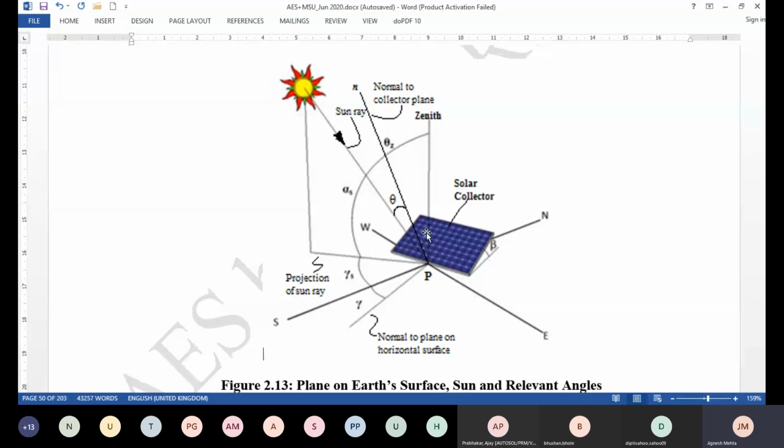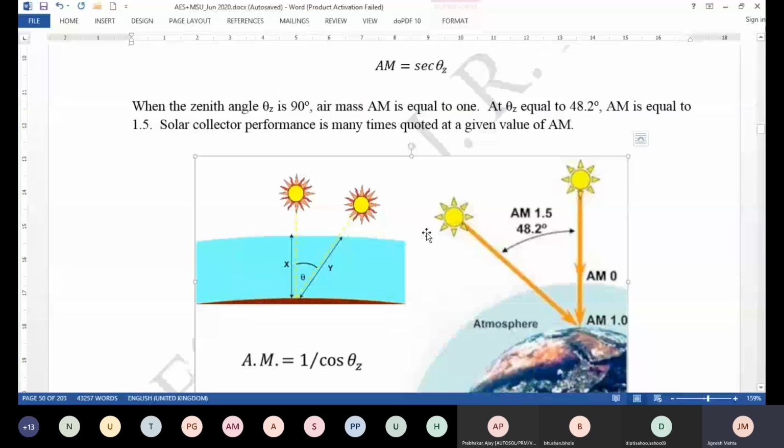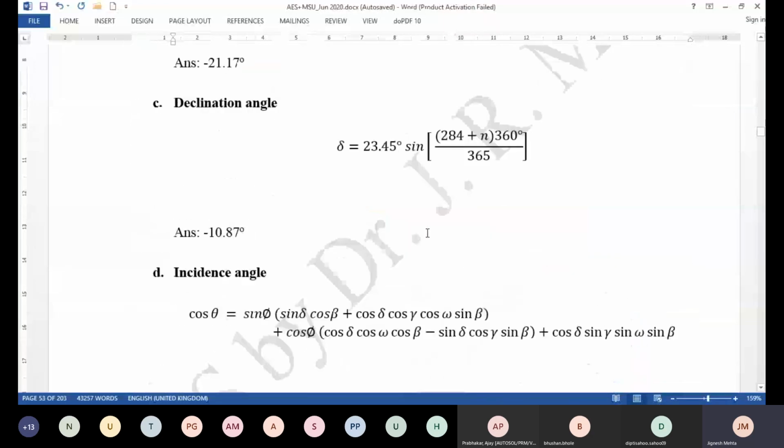Then the collector is made inclined at some angle to the east, 20 degrees, but instead of that, if you make it perfectly facing the south, whether it would be advantageous at a particular point of time or not. So all those kinds of investigations can be done. But at least this example has demonstrated that because you made the collector inclined, at least on a given day and given time, you will be able to collect more energy with the help of this collector. So that is the understanding or insight that you get with the help of the example.